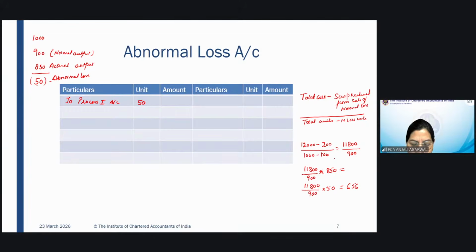And into 850 will be the price of normal goods which move to the next process, 11,144.44, rounded off to 11,144. So these 50 units should have given us 656 rupees. This becomes our loss. We should have them as good units, but we don't have them as good units. So there's a loss of 656. But just like your scrap units of normal loss,